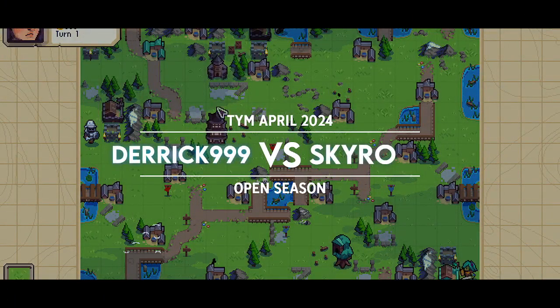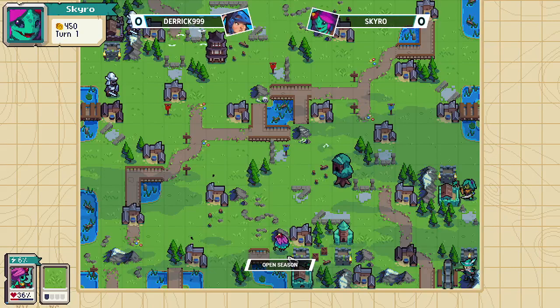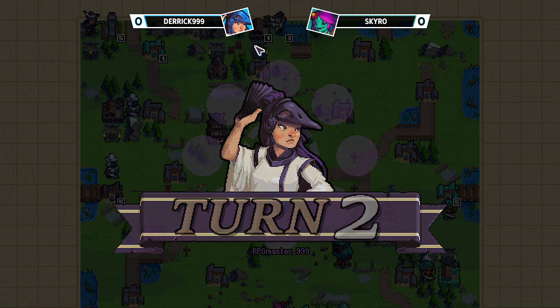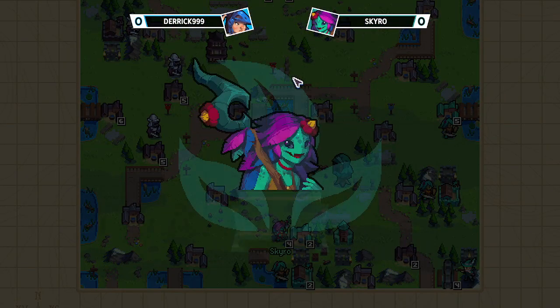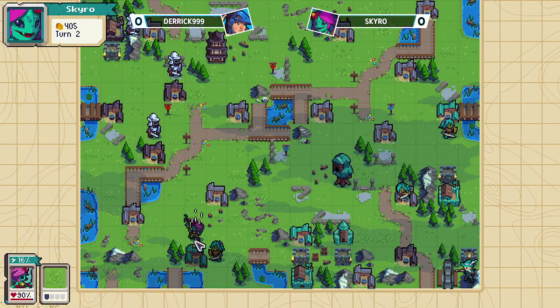Okay, we got Derrick, aka RPG Master, playing as Tenri up against Skyro, playing Nuru in the teal. And this is open season, and we're going to see how this plays out. And both of them seem to be going for this mountain capture. Sometimes we've seen people go for this village here instead, but in this case, they're going to just heal the